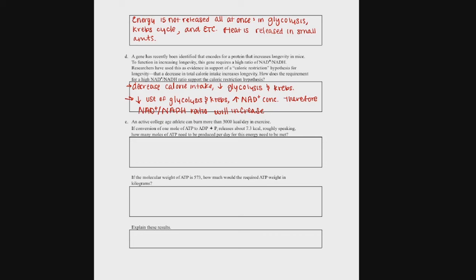Awesome. An active college age athlete can burn more than 3,000 kcal per day in exercise. If conversion of 1 mole of ATP to ADP plus Pi releases about 7.3 kcal, roughly speaking, how many moles of ATP need to be produced per day for this energy need to be met? So we said 3,000 kcal per day, and then conversion of 1 mole releases 7.3 kcal. So we can say for this,